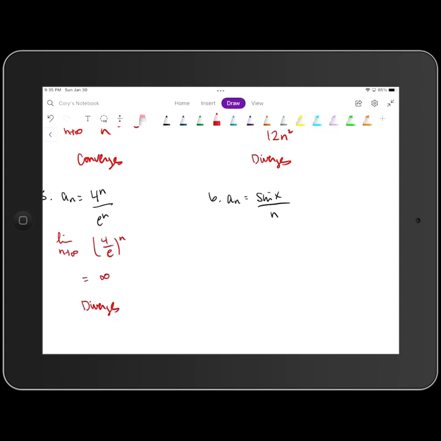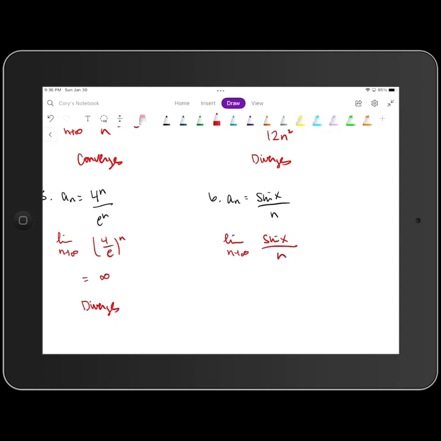Okay, you guys try 6. So it's not a typo. You have a sub n equal to the sine of x divided by n. Okay, so when we take the limit as n goes to infinity of this formula here,